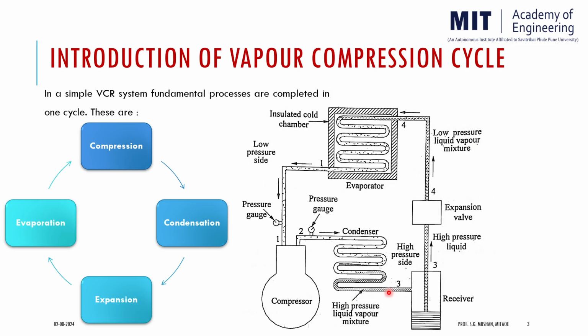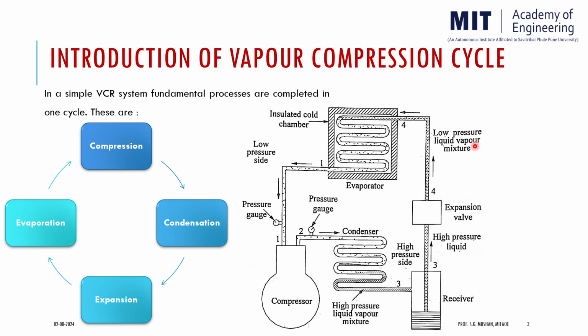And once it gets converted into high pressure, high temperature liquid refrigerant, that will be stored in the receiver, from where it gets processed through the expansion valve, where the expansion of that particular refrigerant will take place from higher pressure to the lower pressure side. And during this expansion process, a drastic drop in temperature is also noticed. And once this expansion process is complete, the